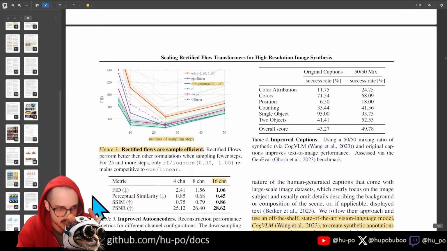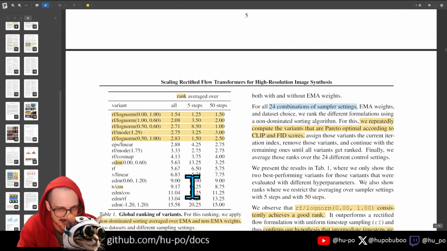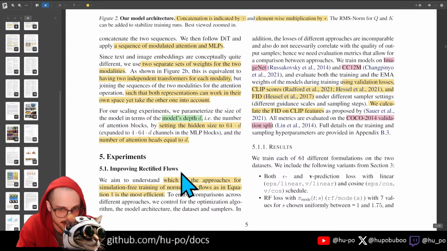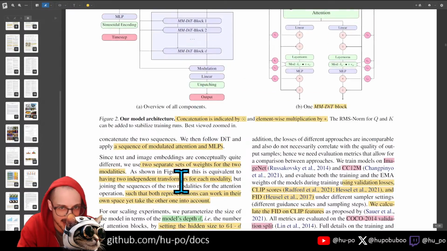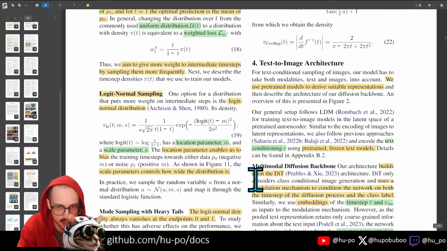Okay, so now we talked about the flow and the sampling, and which of those two ended up being the best. So the best combination of those two. Now we're going to go into the model architecture. And